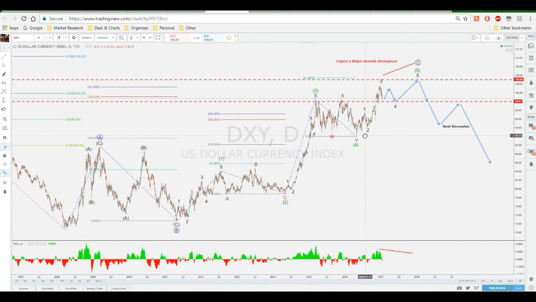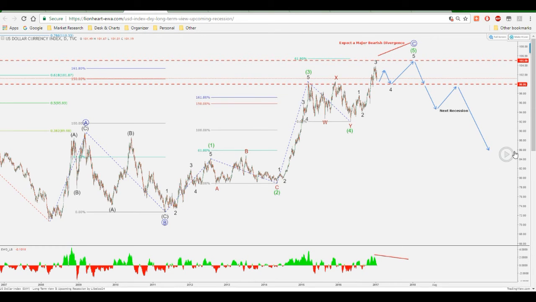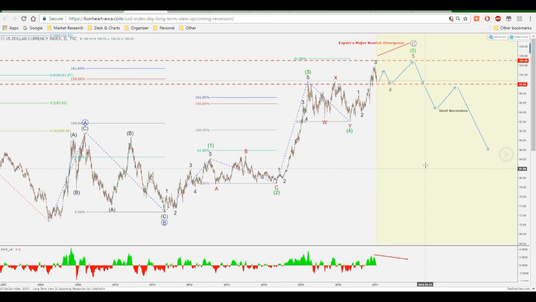However, this will mean that the C wave will be somewhat more powerful. However, even if that happens, we're still on the wave count. My wave count right here still remains the same. So basically, what is actually expected, from the time that I made the post, if we load the new bars right here from that time, I actually said that it's going to